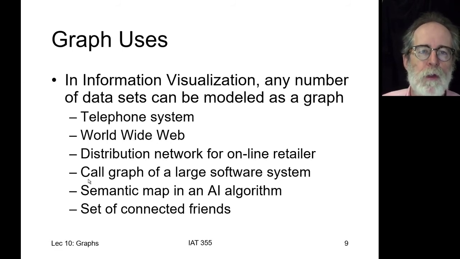For example, you might not think that a lot of your resources are taken up by making calls to some particular part of your software system, but in drawing that call graph, you might find, oh my God, something's really, really heavily using this particular class, and I better make sure that class is as efficient computationally as possible so that the program doesn't run slowly. And so there are some other examples there: a semantic map in an AI algorithm, or sets of connected friends, things like